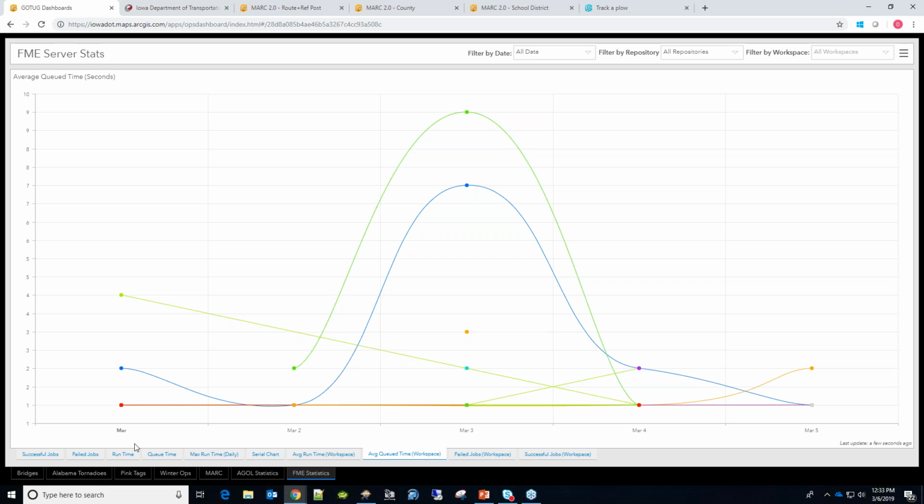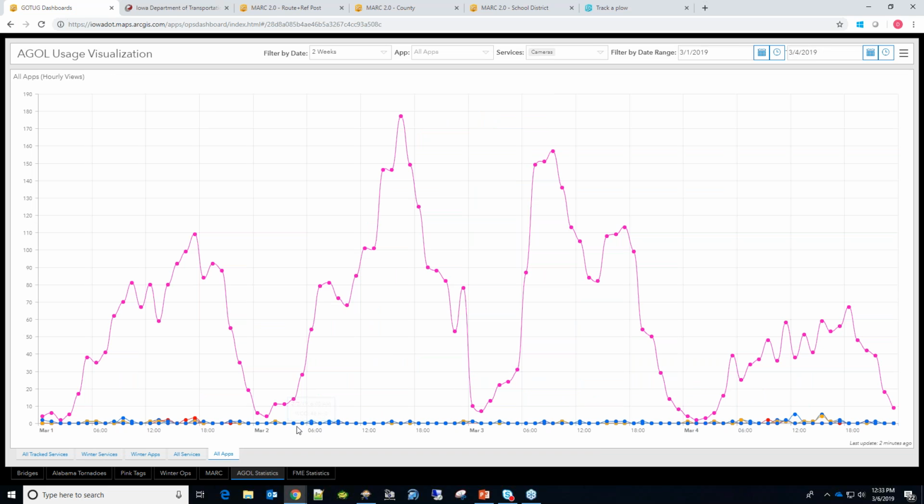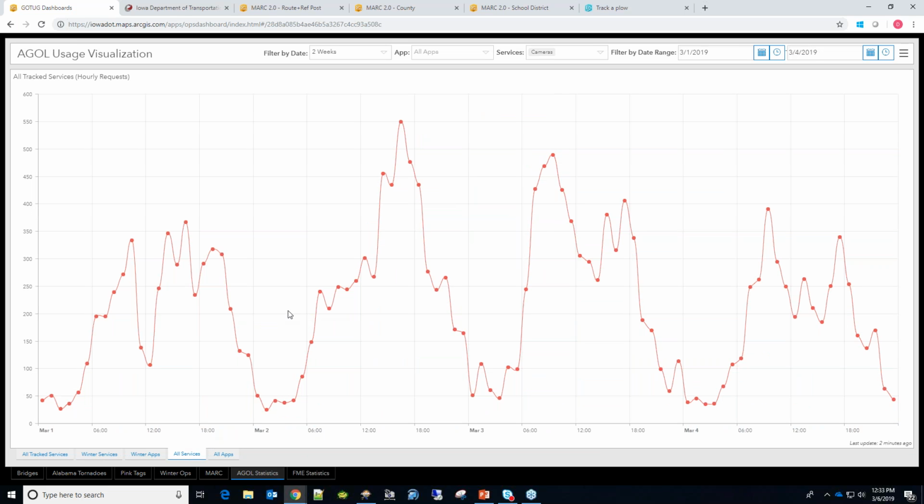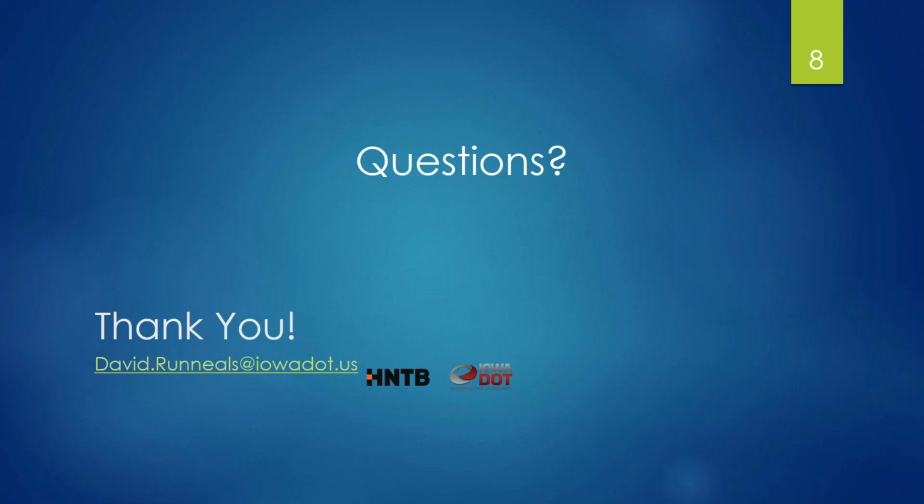We're looking at taking this potentially to the next level and pushing all the data into our big data store to be able to use additional dashboarding platforms such as Esri Insights to do much better data over time, especially with the hourly metrics, as it gets pretty bogged down if you look at much more than probably a couple of weeks with 200 plus services and about that many more apps and maps as well. I think that was all I had. So if there's any questions.